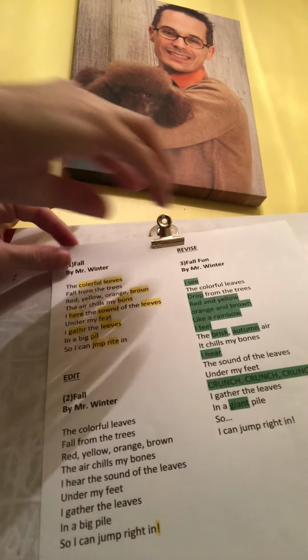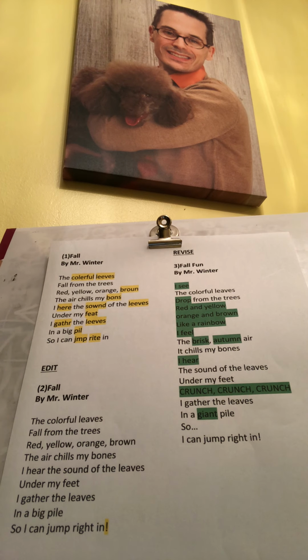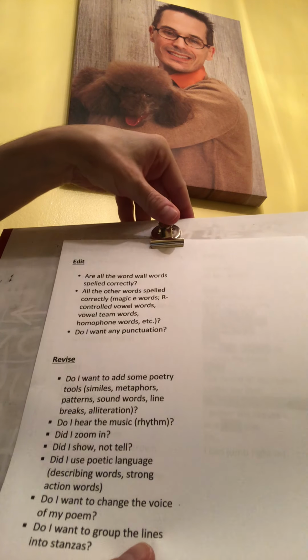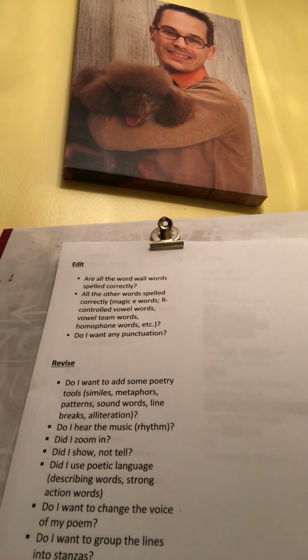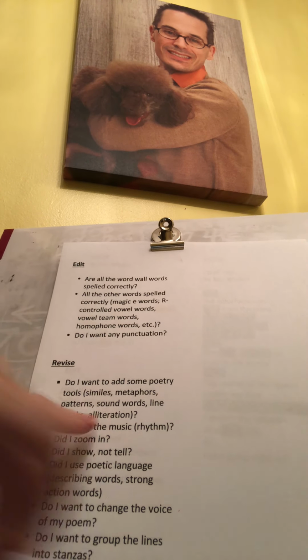I have a checklist that you can look at the end about editing and revising. Editing, are all words spelled correctly? Are all the other words spelled correctly, like magic E and R-controlled vowel words, vowel teams and homophones? Do I want any punctuation? Revising, do I want to add some poetry tools, like line breaks, or we even talked about alliteration,